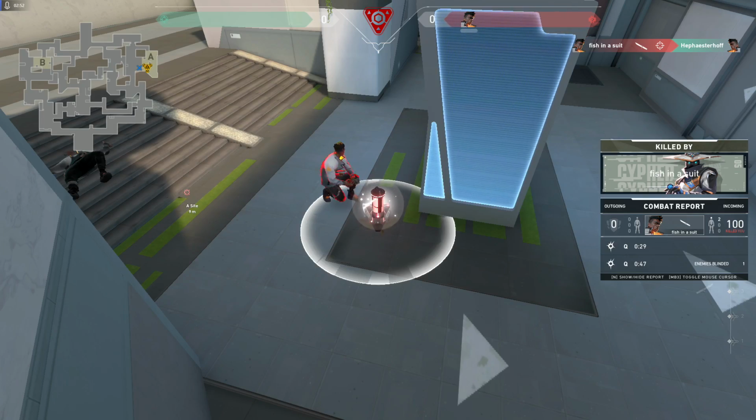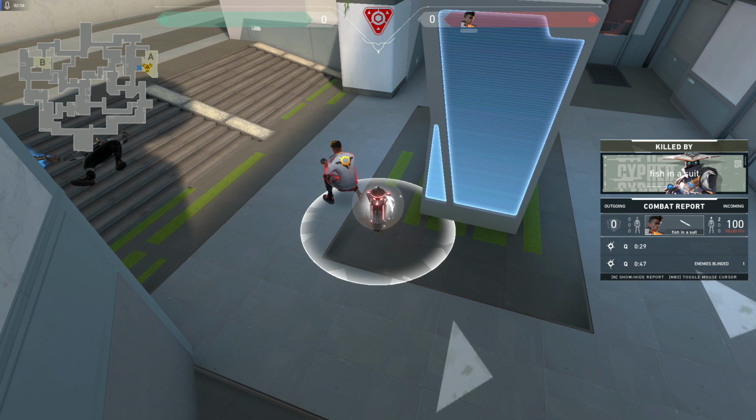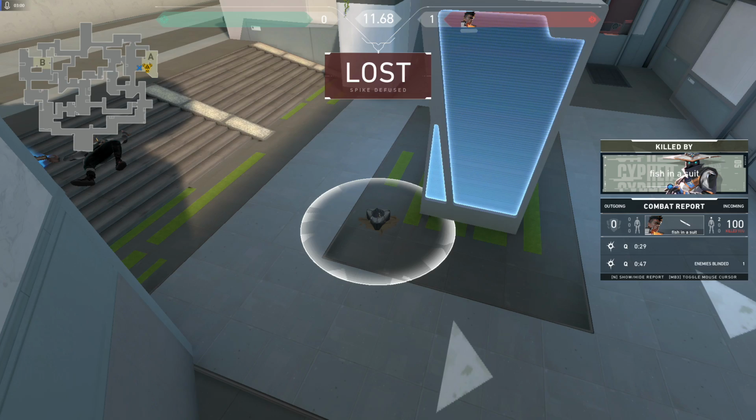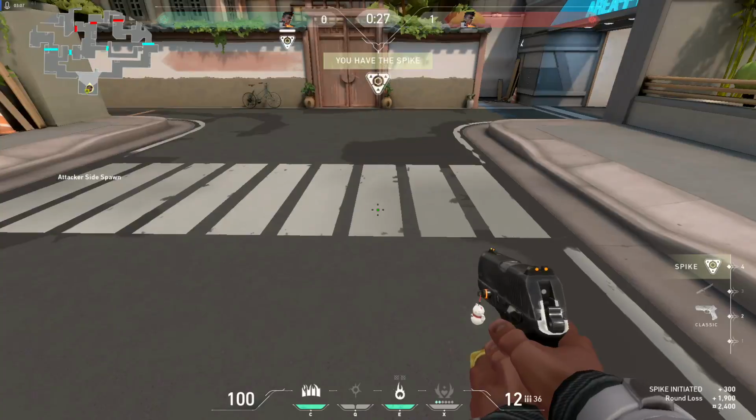Next round, I'm going to go ahead and take a look at Phoenix's wall ability. And that's going to be pretty easy to demonstrate because Phoenix's wall looks the same on both sides. It just has different effects if you happen to